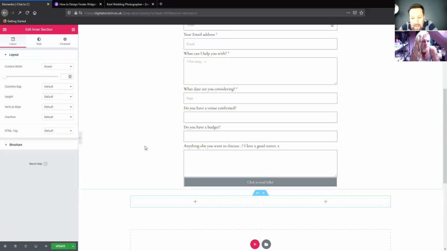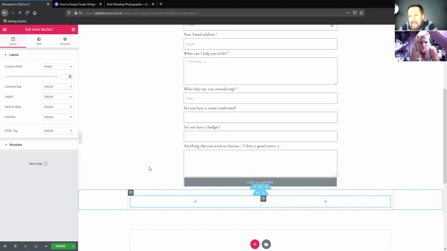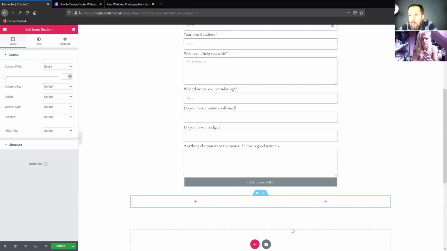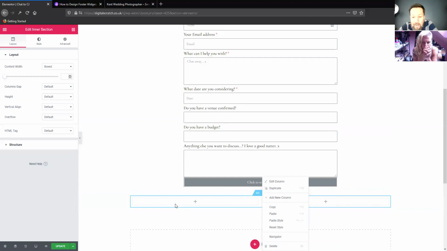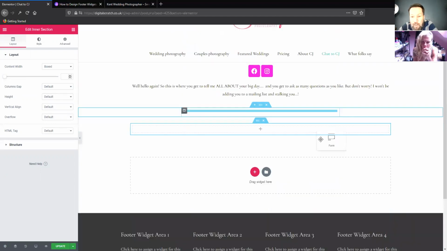So the outer section is basically going to control the whole of the background of that section, and the inner section is going to allow us to have columns. It's also going to allow us to style them slightly differently as well. Okay, so imagine if we've done that, we can then drag your form that you've created into